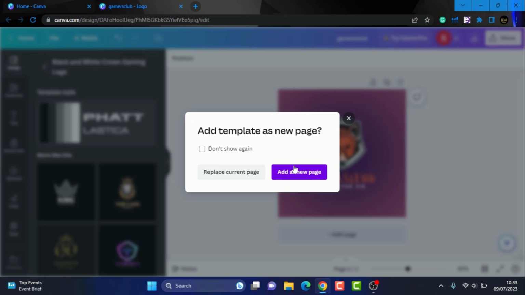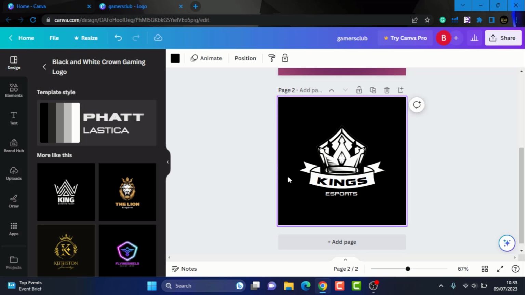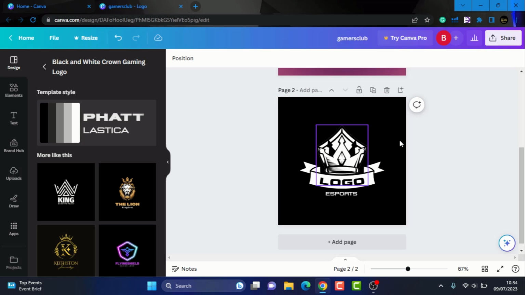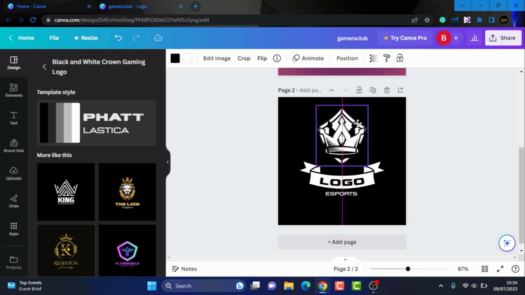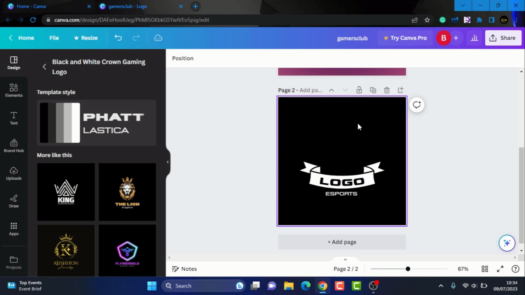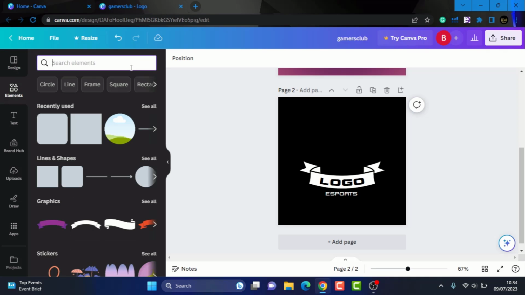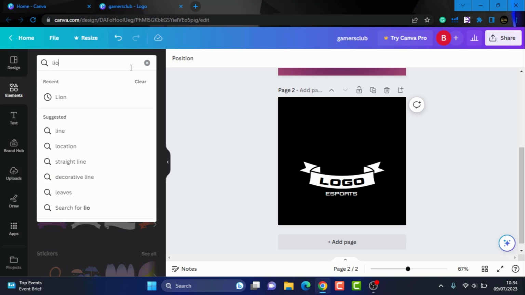If you want to choose this one, add it to a new page, or you can replace the current page. Let's say this one. You can change the heading of it. I'm just simply going to write logo. You can change, for example, this is the main element of this logo. If you don't want it, you can just remove it. You can go to elements, you can get another element that you like. For example, if you want a lion,